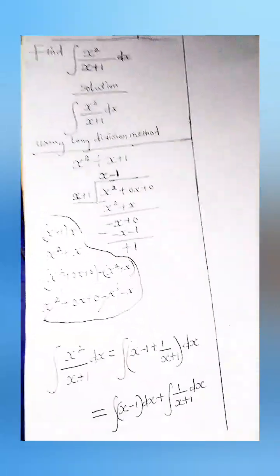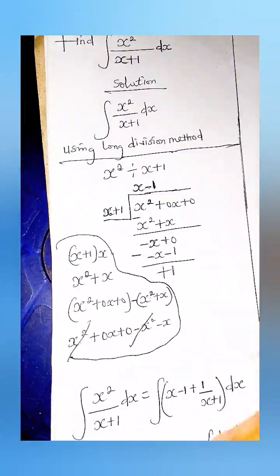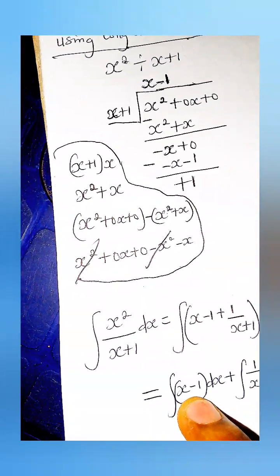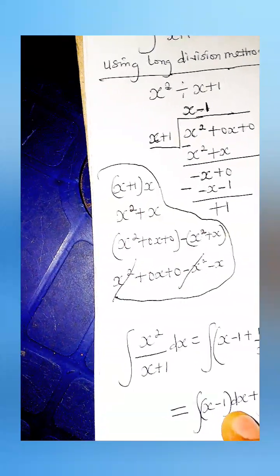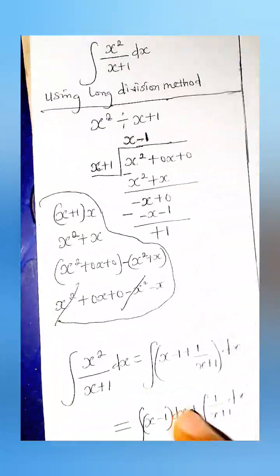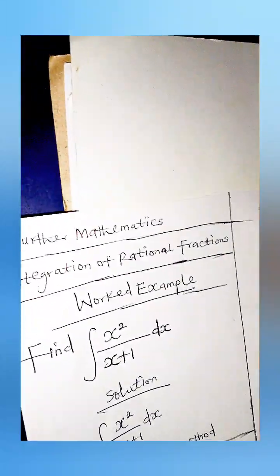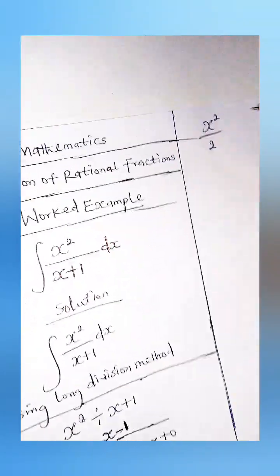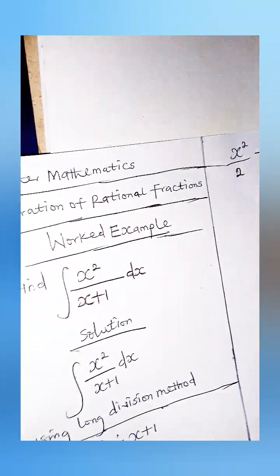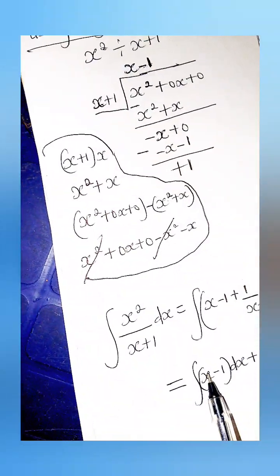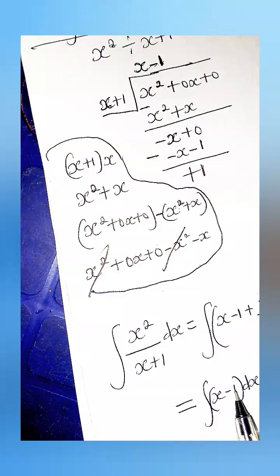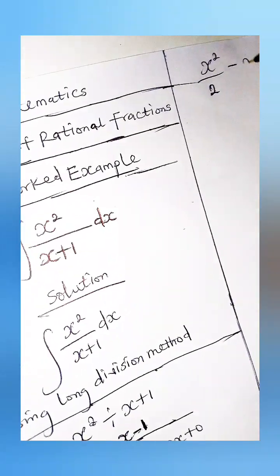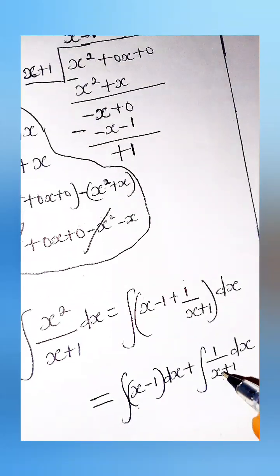Please, if you know you don't understand, you can ask your question. Now I'm going to integrate this. I've already taught you how to integrate this, so I don't need to talk more on this. If I integrate this, I'm going to have s squared over 2 minus, that is, s times s is s squared over 2, minus 1 times s is minus s, plus